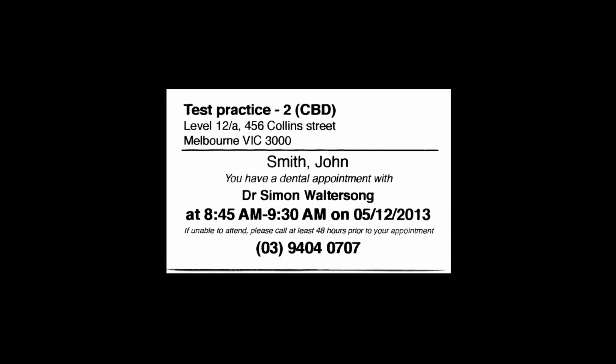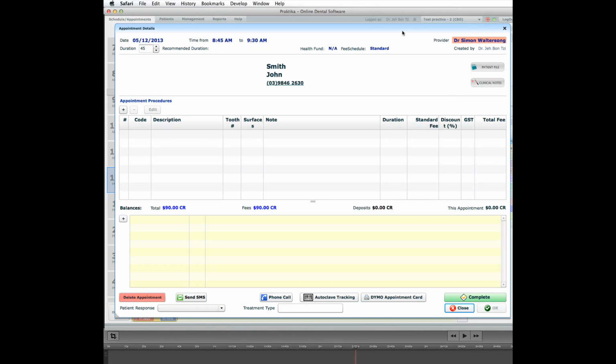There's a card. So I just scanned it on my scanner, and you can see that the card shows all the appointment details. It shows the practice details, the doctor details, time of the appointment, the date of the appointment, any disclaimer you may have, and it also prints the telephone number of your practice. Okay, I have printed an appointment reminder card for the patient,